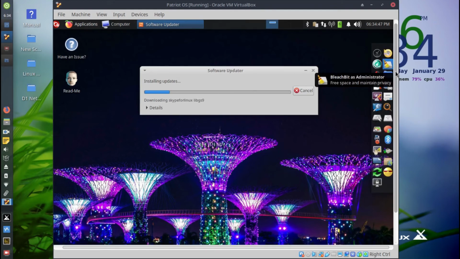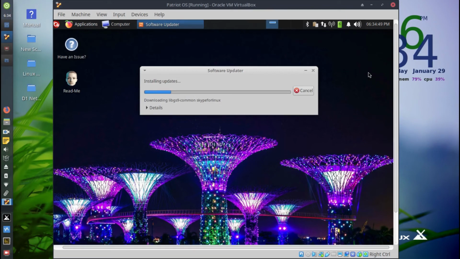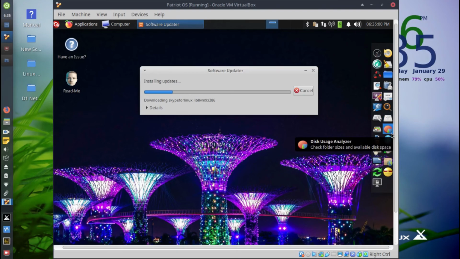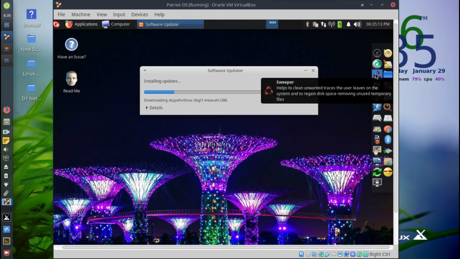So if you're a Mac OS user, this Patriot OS is built around the look and feel of Mac. And if you notice, as I slide over, it has all these cool things you can go open. And of course, all these shortcuts are pre-installed. I didn't set any of these up. So if you need anything,